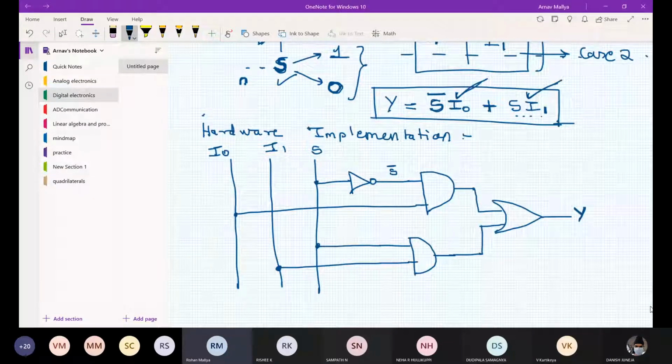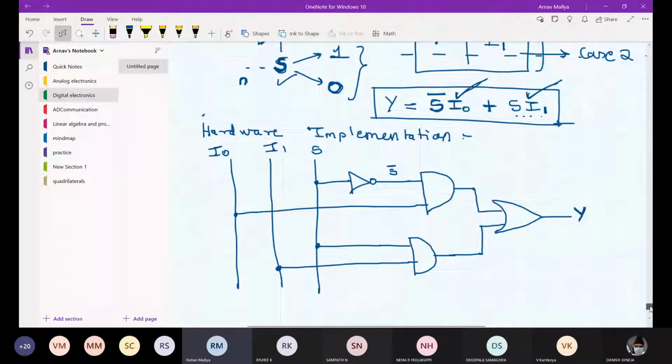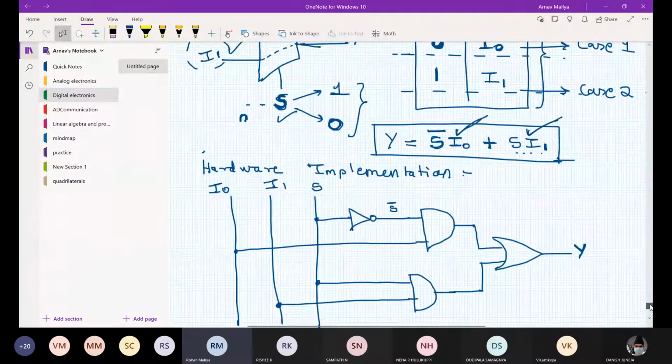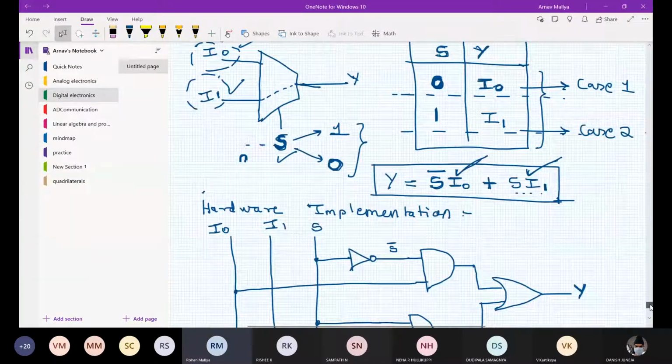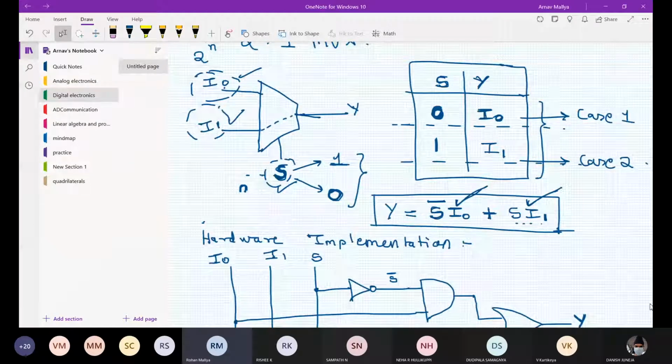Okay. So now I'll be moving on to the 4:1 mux. Here in the 2:1 mux, we had one select line, hence only two possible values, and that's why we were restricted to only two inputs, because even if we have more inputs, we can't manage it.